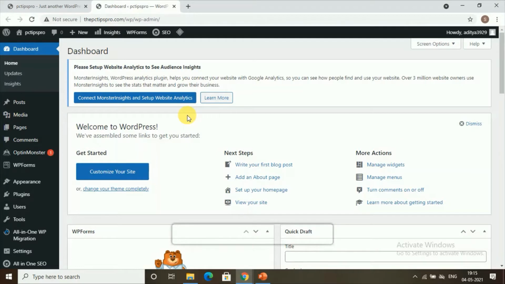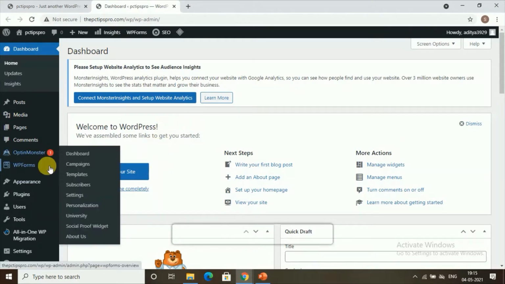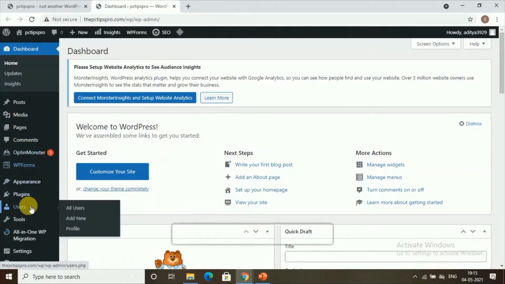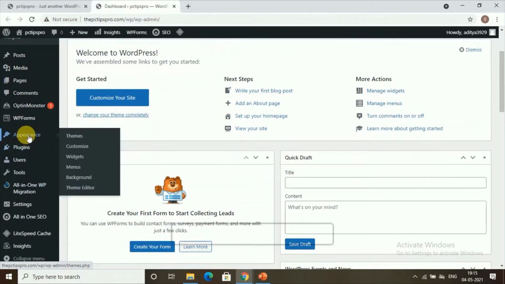So this is your WordPress dashboard. When you get to this WordPress dashboard, firstly we need to install our theme. To install the theme, go to Appearance, and here you can see Themes. So click on Themes,